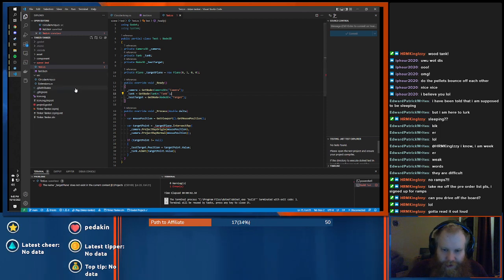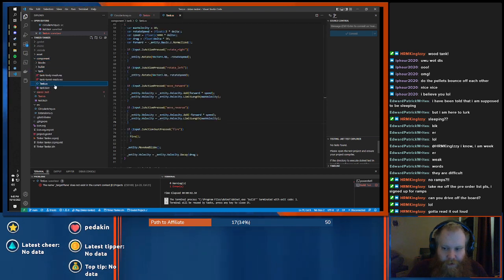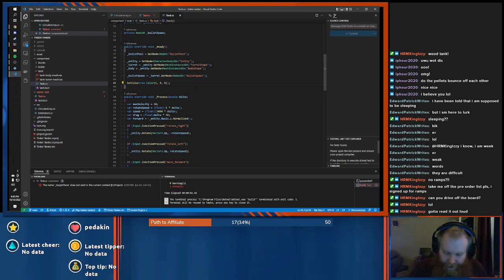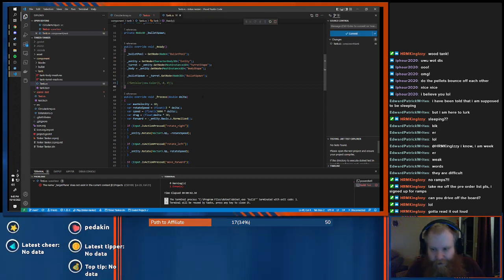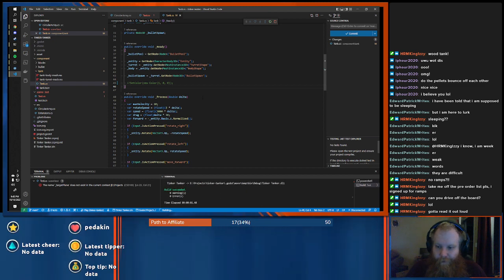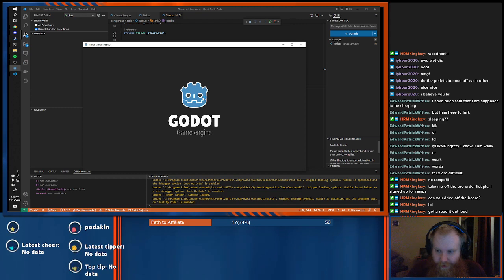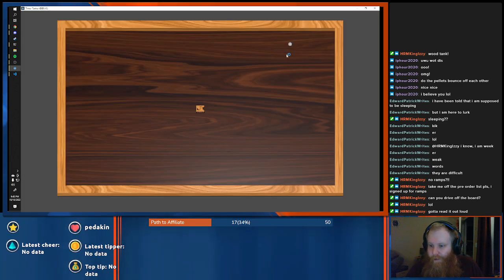Oh, is it in the tank itself? That would be in component tank. Oh, it is in the tank itself. So now if I start the game, he should be his plain color. Yep, he's just the normal color now.